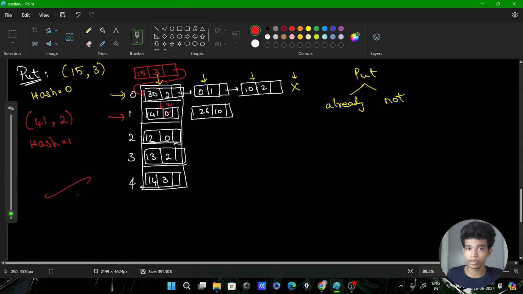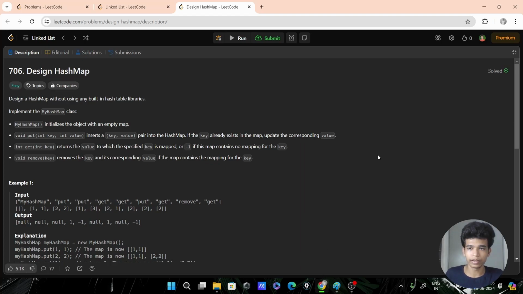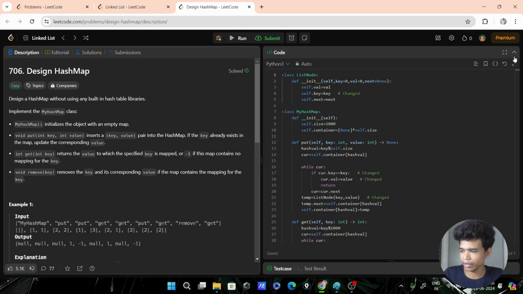Now it's time to see the code. Just see here, I have the code. In the previous hash set also, we took the array size as what? 1000. For example, I only did it for 5, because I cannot draw 1000 cells. But in real time we are going to use about 1000 cells. Okay. Now class ListNode, def init of self comma key is equal to 0, value is equal to 0